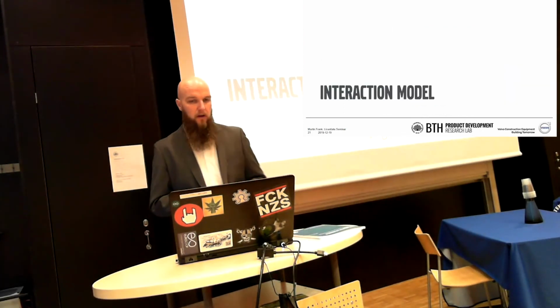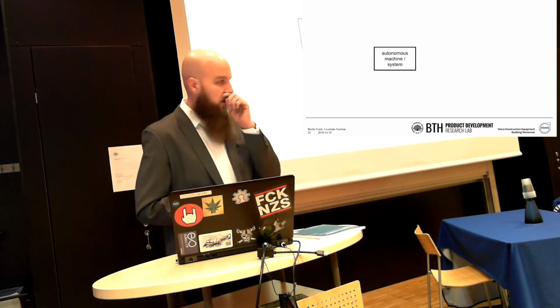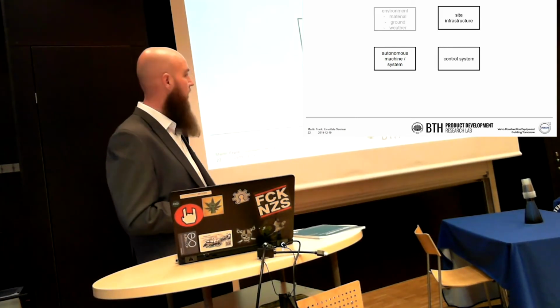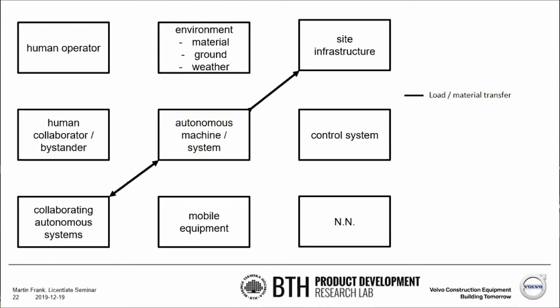Based on that, I started to develop an initial interaction model, and I placed the autonomous machine or the autonomous system in the middle. Around that, there are different other building blocks, and they are just here in this matrix style. And so what we need to do is, for sure, connect them. And the quite obvious connection is the connection of load and material transfer,